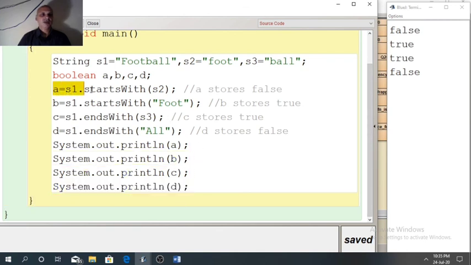So first one A, S1 dot starts with S2. Here the case of foot is different, that is why A stores false, that we have got here. B, S1 dot starts with Foot. Here argument Foot is same as Foot, case is same, that is why B stores true.